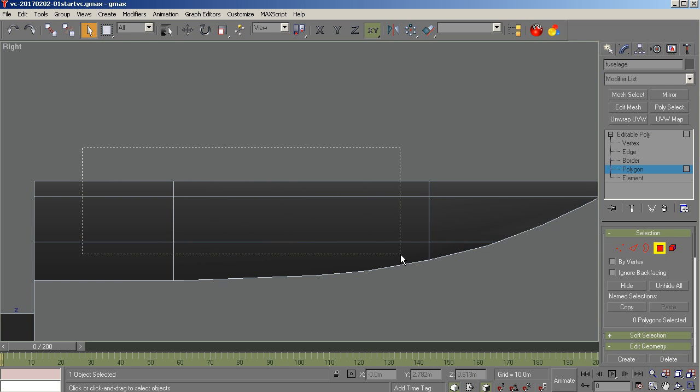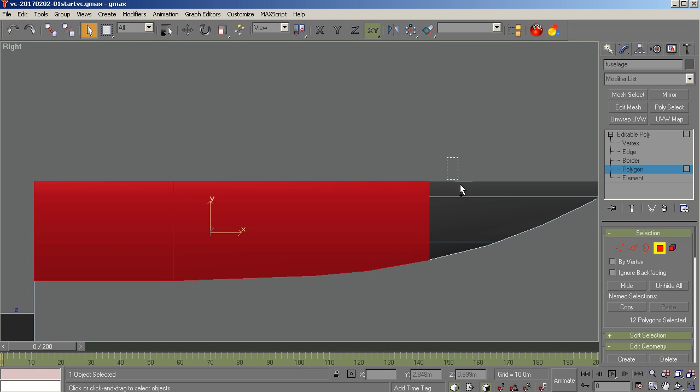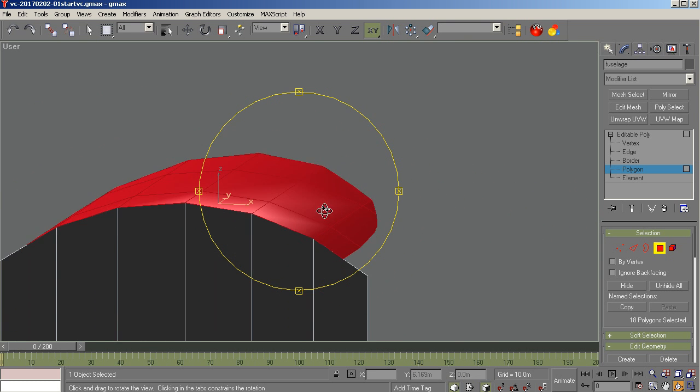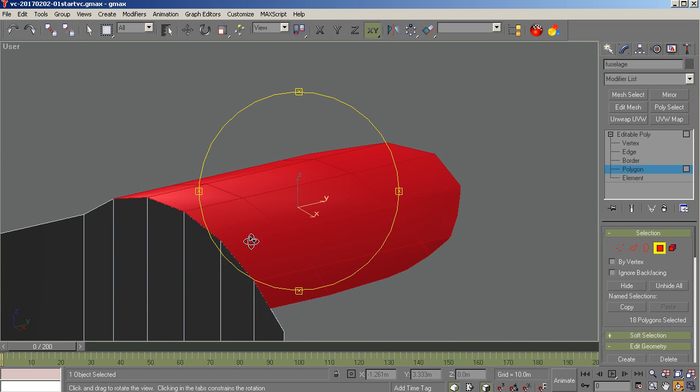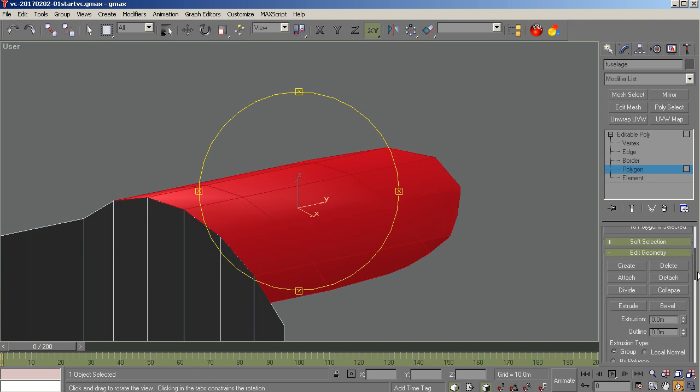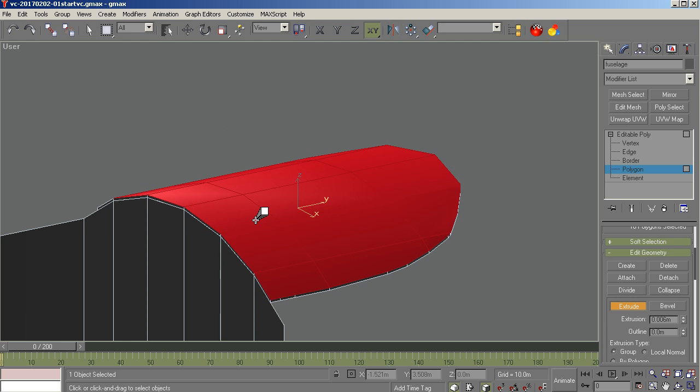We're going to grab some polys here, and what we're going to do is extrude, and we may extrude twice here. We're going to extrude just a little bit in order to just give us some thickness above the fuselage skin. Not much, because I don't want to hide all that work we did on the windshield frame, because that was good work. So we're going to get off of that, and then we're going to go back to